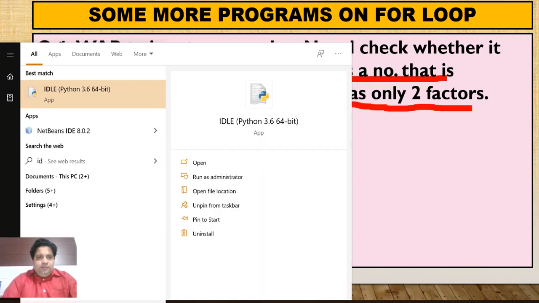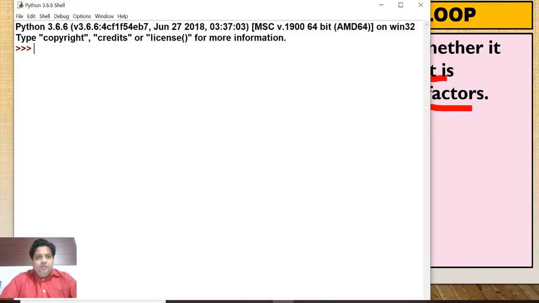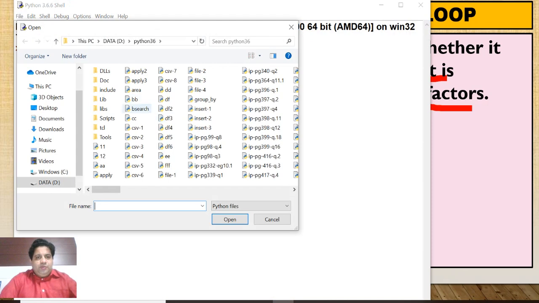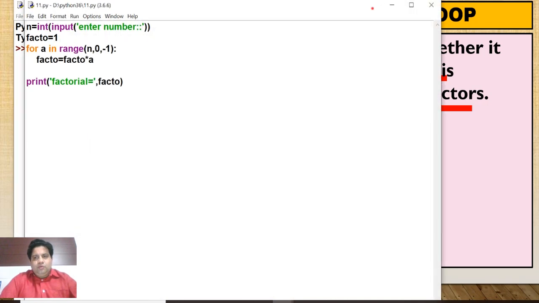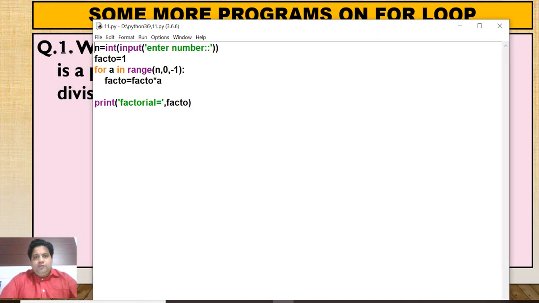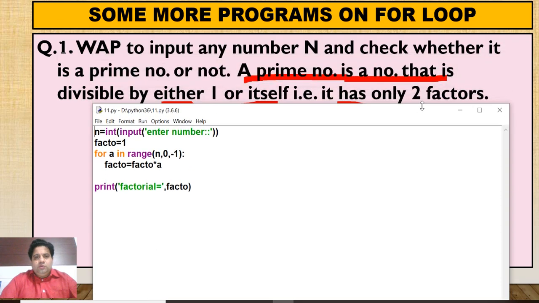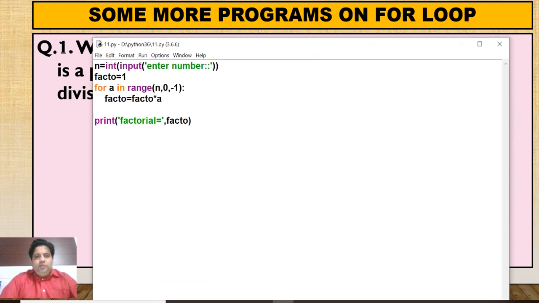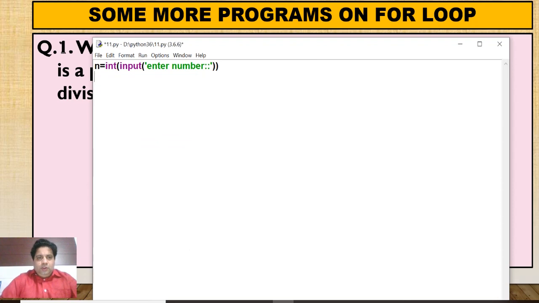Open IDLE. I am opening the previous program. So first of all, take input of number. Now you have to count. So for counting, you take one variable count equal to 0. Now execute the loop for a in range 1 comma n plus 1.